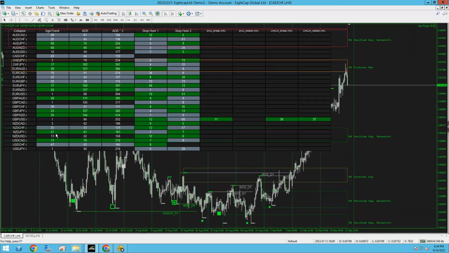Now the age and trend is based on the daily time frame. So whenever the daily time frame gets to a low and starts to reverse, this is when the age and trend can start to form. So when it's realized and locked in that the price action has moved a certain amount, so it's basically gone into a position where structure could be breaking, price action is starting to weaken from this current downtrend or uptrend, this is when you're going to get the age and trend appearing based on the daily time frame and telling you a new trend has basically appeared.